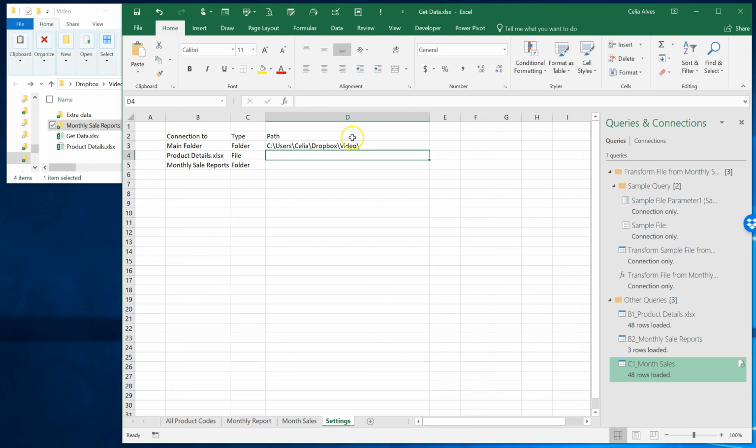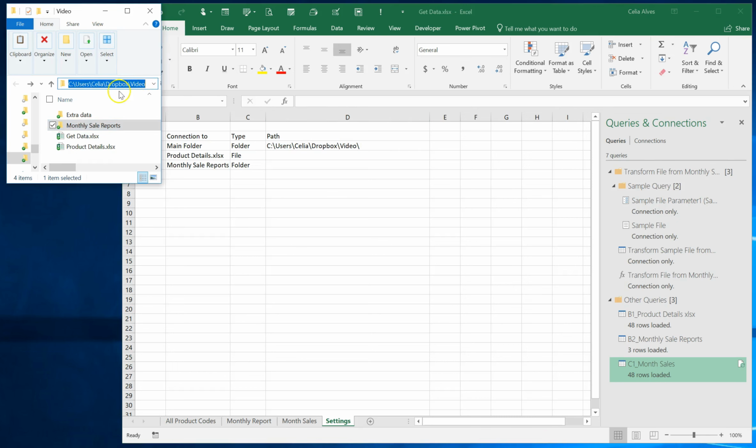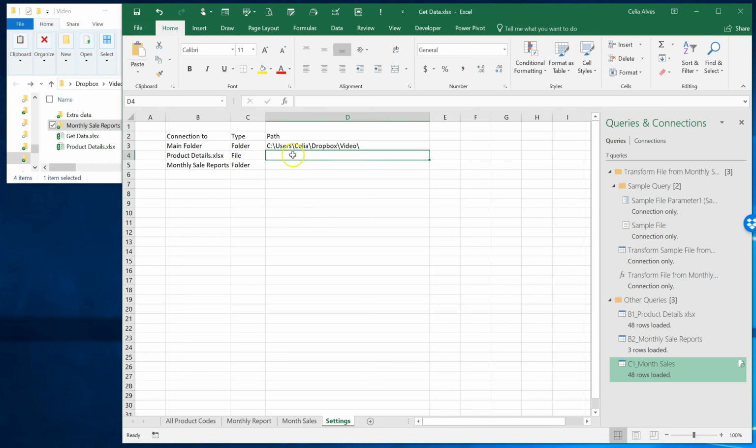Okay, and that's it. That's what we want. If we go here, that's exactly the path that I have there. Okay, so now what is the path to that file? It is exactly the path of the main folder concatenated with the name of the file. So let's just fix here, and now if I drag this down, I will get exactly what I want for